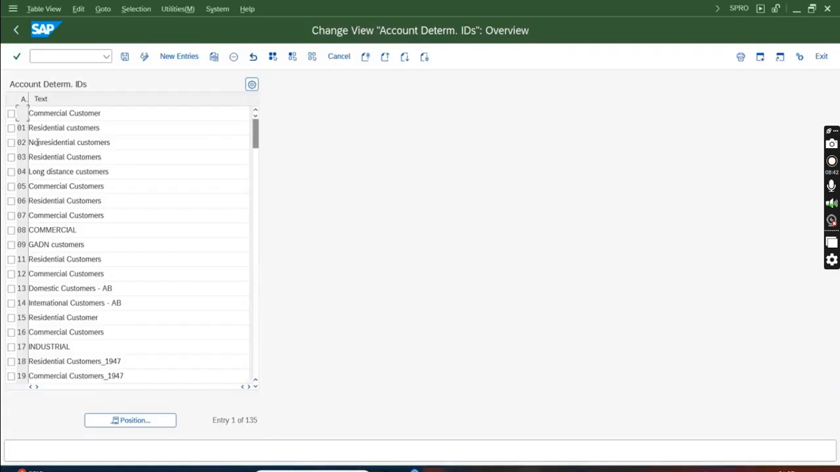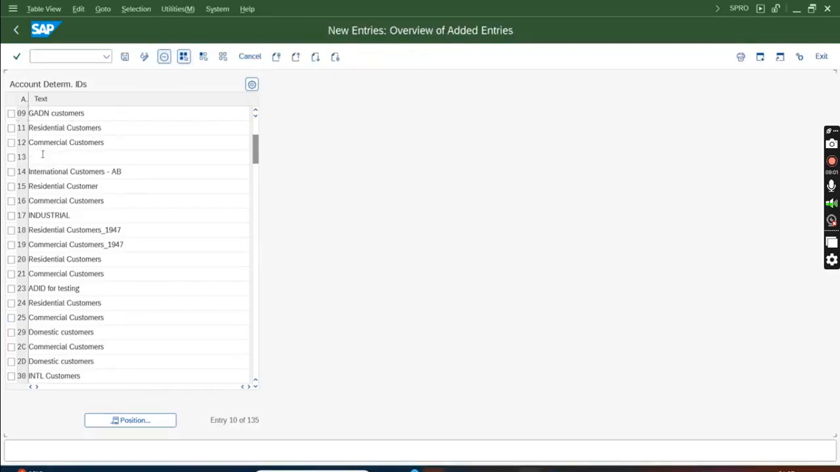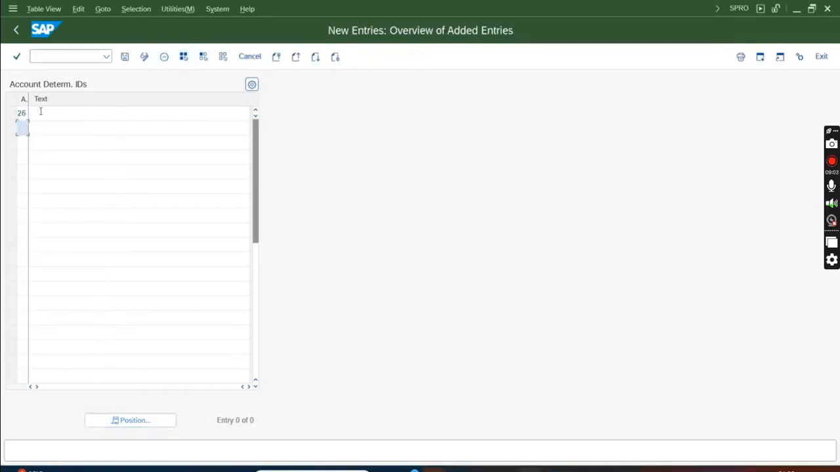Now, again, I have created multiple AD IDs. So let me see, 1, 2, 3, 4, 5, 6, 7, 8, 9, 10. I need to see two back-to-back missing numbers that I can use. Okay, 18, 19, 20, 21, 24, 25. Okay, 26, 27. I see 26, 27 are missing. So I'm going to create 26 and 27. 26 for say residential customers,